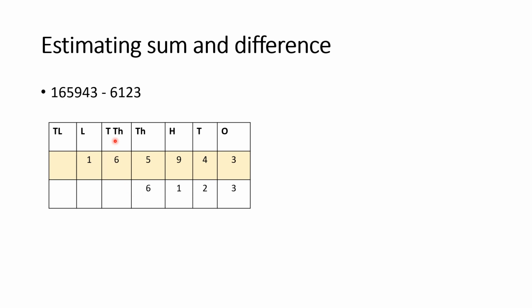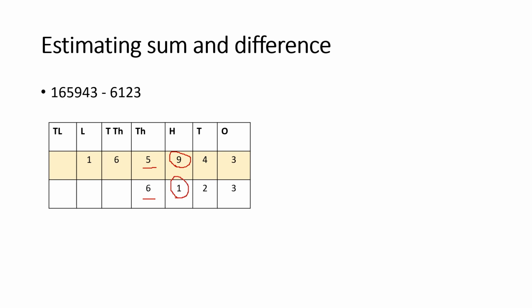Now we have to find the place which we have to round off. See here, the smaller number is 6,123, and according to the rule, what is the highest place of the smaller number? Yes, thousands place. It means we will round off up to thousands place. So we will underline the thousands place digit. In this number 5 is at thousands place and in this number 6 is at thousands place, and we will circle the nearby number like this.